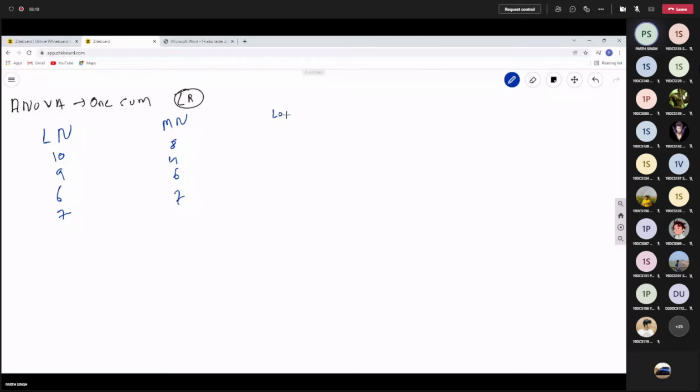Now when we are having loud noise, the number of questions solved by people are 4, 3, 6, 4. Now you can see that मैंने sample data लिया, right? I have taken a sample of 4 per group. So for this particular ANOVA, first of all you need to